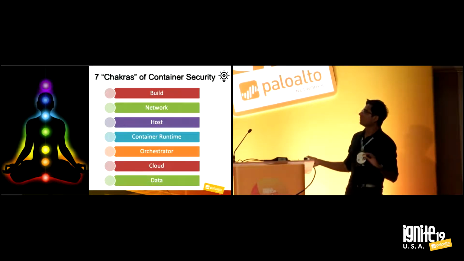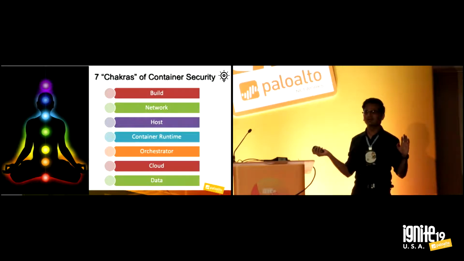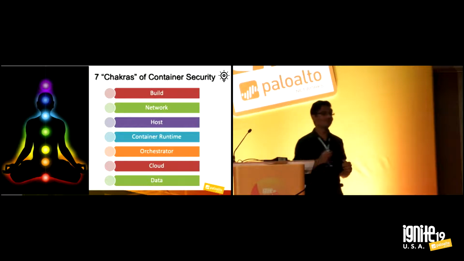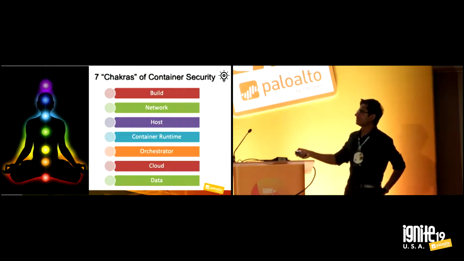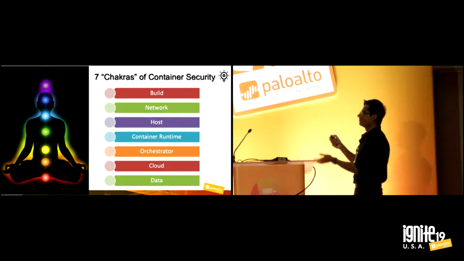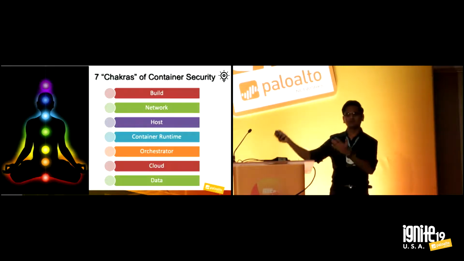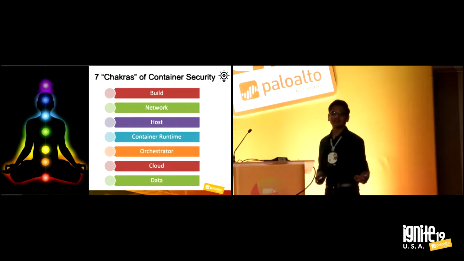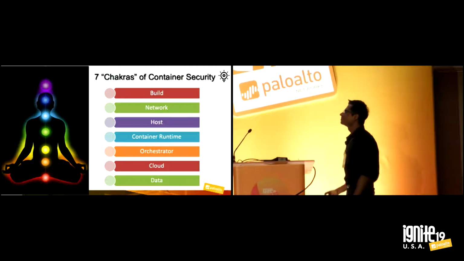Kind of like, how many of you do meditation or yoga? OK, one person. I don't do it myself either. But in meditation, there are 7 chakras that you have to open, I don't know. Somehow it adds up to the number of recommendations I have. But then later I realized OSI also has 7 layers, so I could have used that.